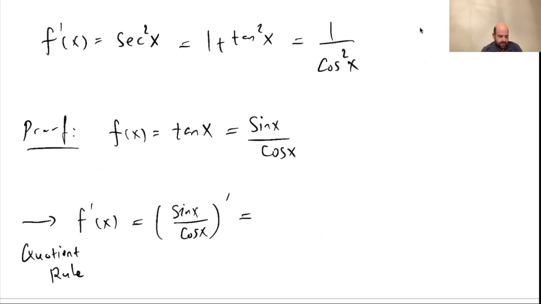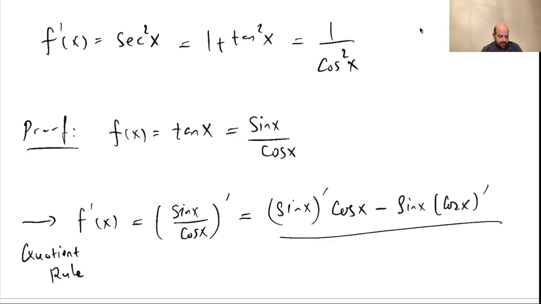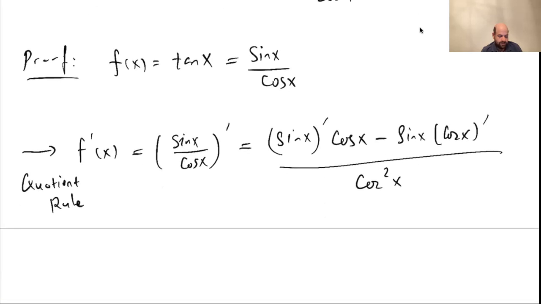So u over v derivative is u prime v, sine x derivative times cos x, u prime v minus uv prime, so minus sine x times cos x derivative